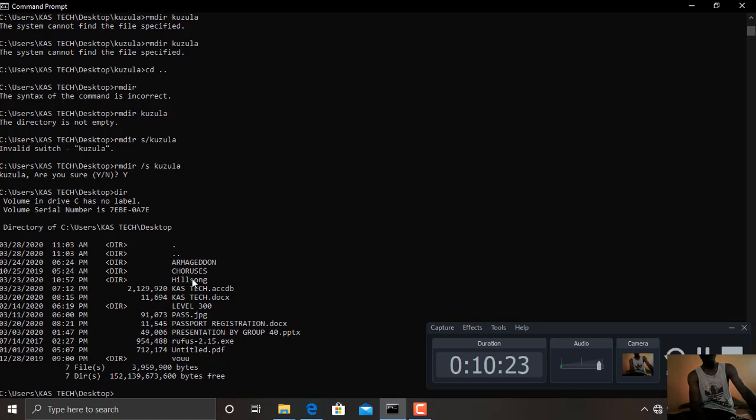So in brief, we have been able to create a folder named Kuzla, and then we deleted it empty, and then we created the same folder called Kuzla, and then we created subfolders inside. We came to understand that it's not possible to delete a folder which is not empty. Before you delete a folder which is not empty, you add /x, then the name of the folder, before you'll be able to delete it. So on this note, we'll end here and we'll meet again in our next